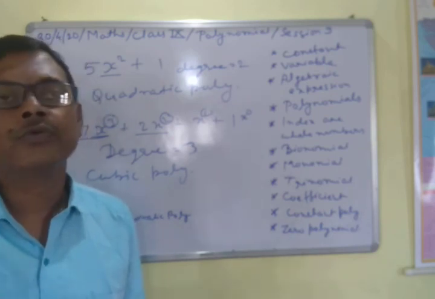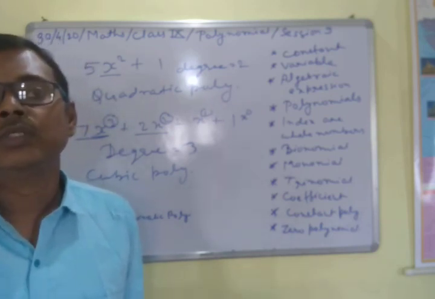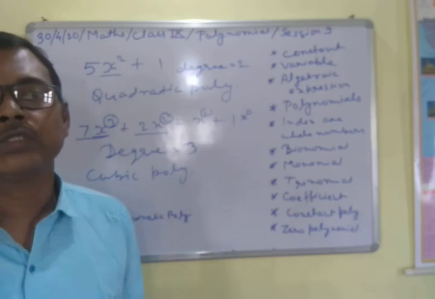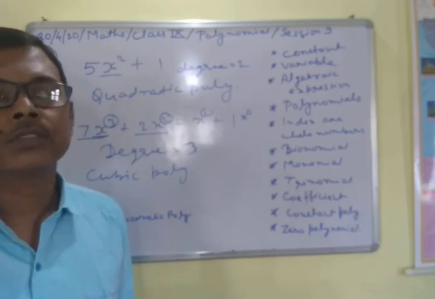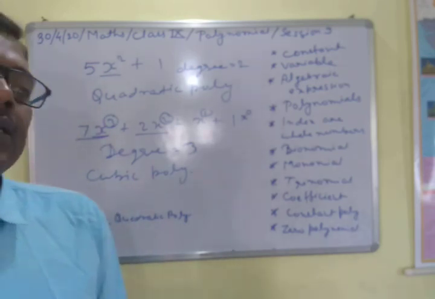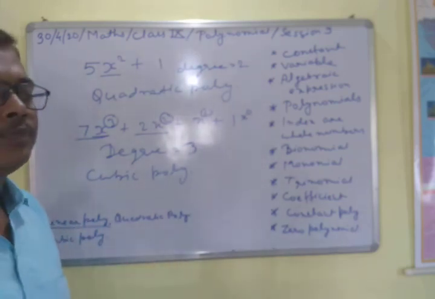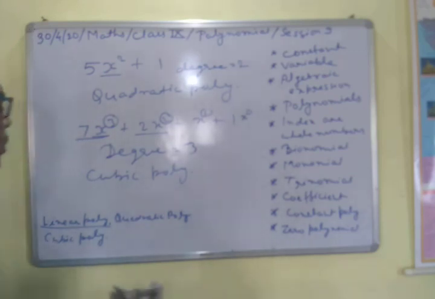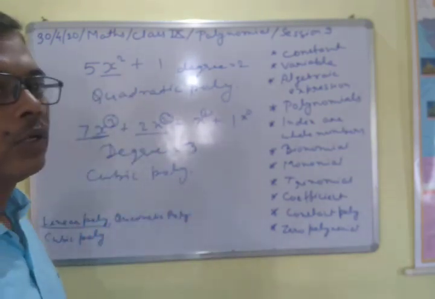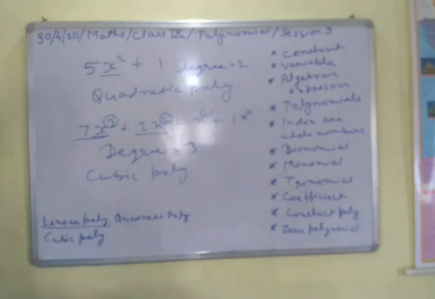We don't give any special name to polynomials whose degrees are bigger than 3, because we cannot have names for all the polynomials. Like if it is 4 or 5 or 6, it is endless. So we do not name those. Only for these 3 we have the special names, and for any other it is called simply a polynomial.